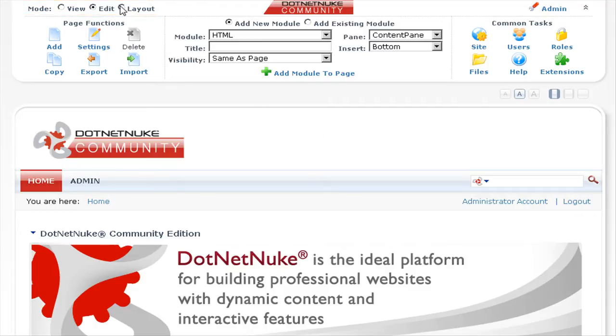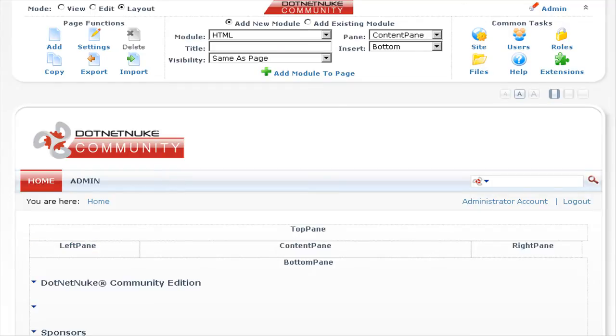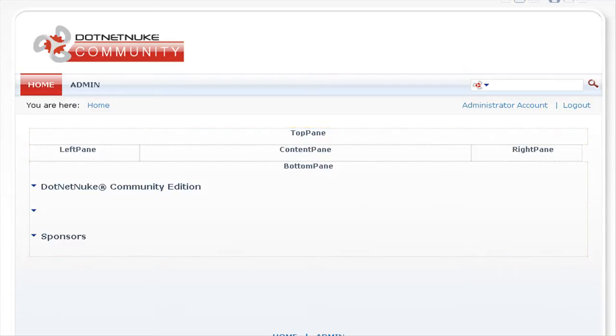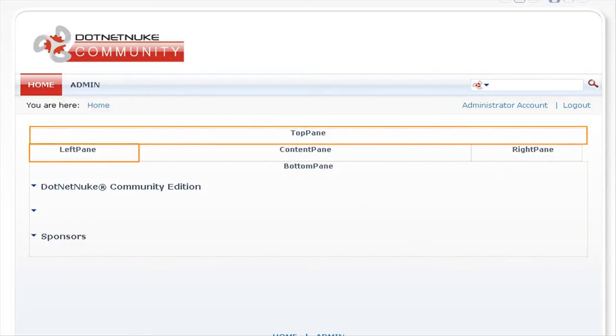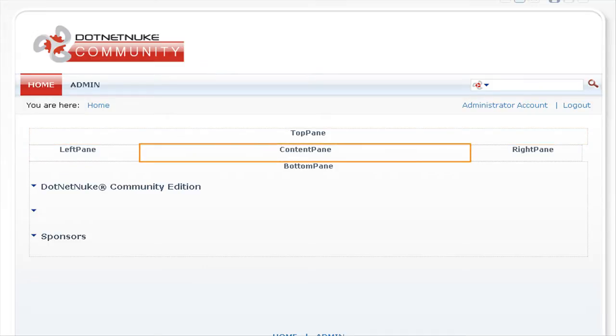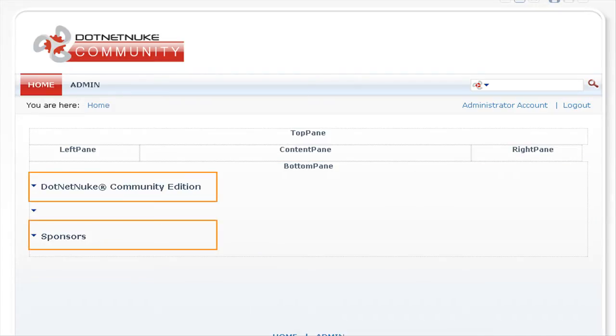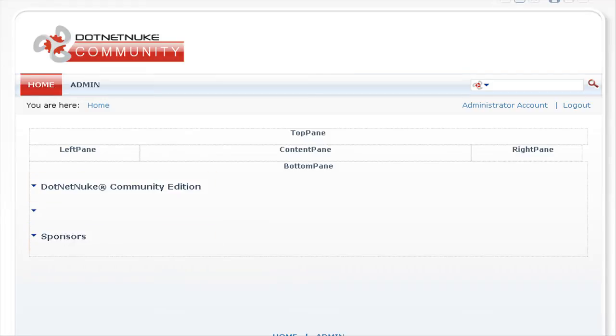If we select the layout button, here we can view the content panes on the page. So here you can see we have the content panes of top pane, left pane, content pane, right pane and bottom pane. And in each of these panes you can add a DotNetNuke module. So that's how we add content to a page and how we set the layout of those modules on the page. So if we scroll back up and select edit,